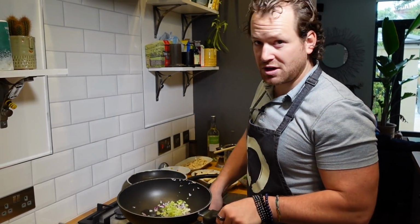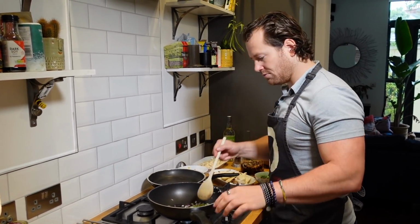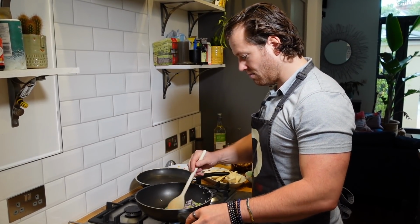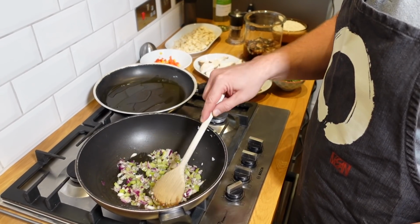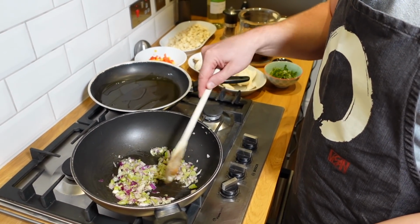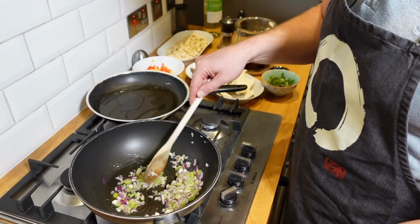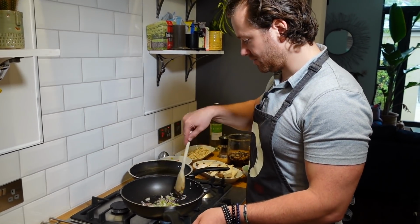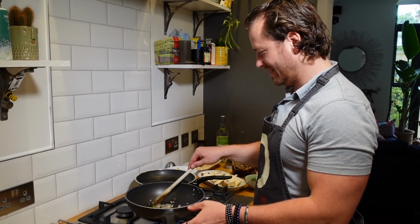Let's get on with the cooking part of this. There we go. So what we want first is to mix the onion with the celery together. It's just a lovely, lovely, lovely smell. Okay, so just leave it there for a bit. My grandma used to sing when she was cooking. Yum,